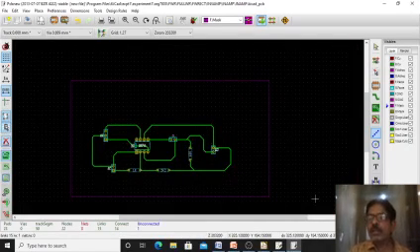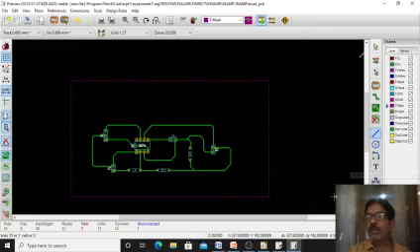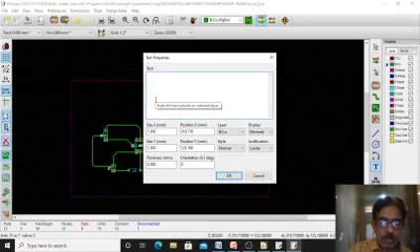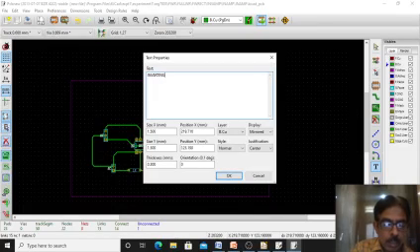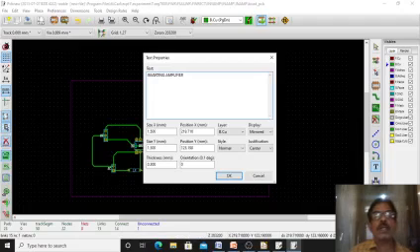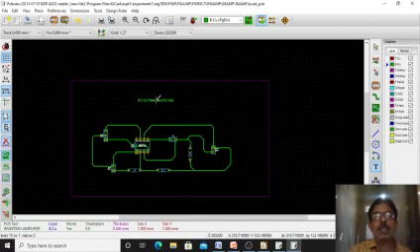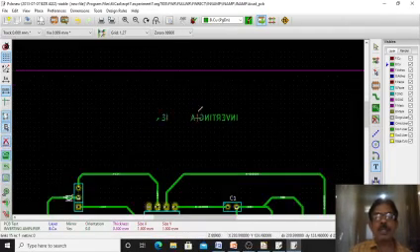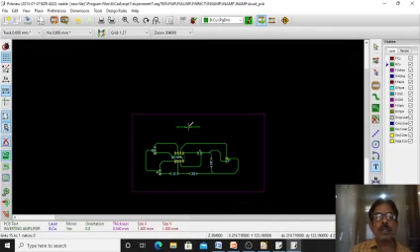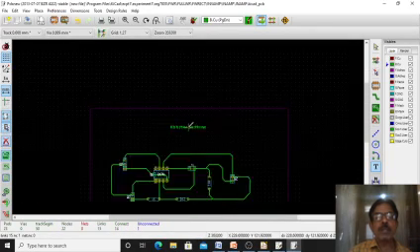Then finally you can give the name to this experiment. Select first, go to back of the copper, then select the text and click somewhere here and write down the name. For example, inverting amplifier, then say OK. So it will be coming as a mirror image. You can place it anywhere you want. Better if I place it at the center so that it appears better.